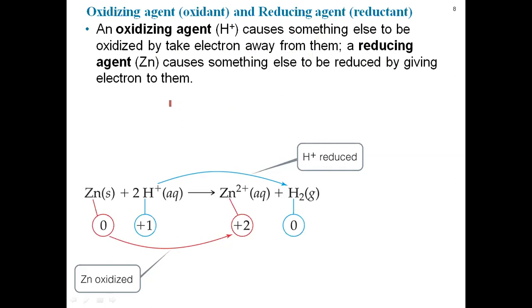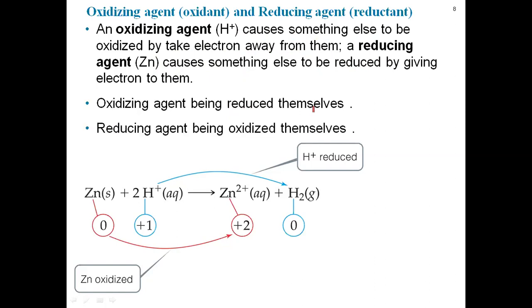A reducing agent, like the zinc, causes something else to be reduced by giving it electrons. The oxidizing agent is reduced itself, and the reducing agent is oxidized itself. So that's how we identify who is a